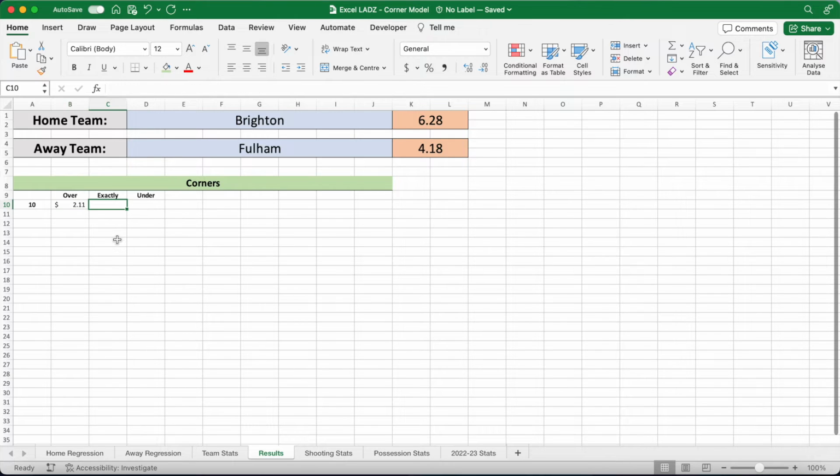And to just prove my point about the decimal odds being 1 divided by the probability of that event occurring, we can always get rid of the 1 divided by, press enter, and then changing that to a percentage, the probability of there being over 10 corners in a Brighton versus Fulham match is 47%. So I can change that back to odds now, and then do nearly the same formula for the exactly